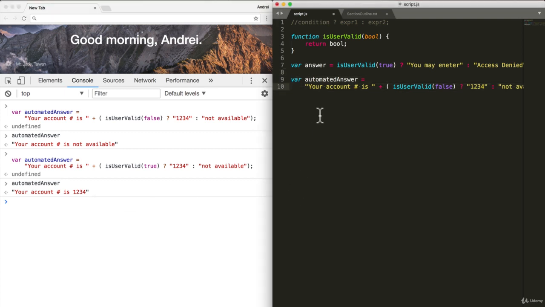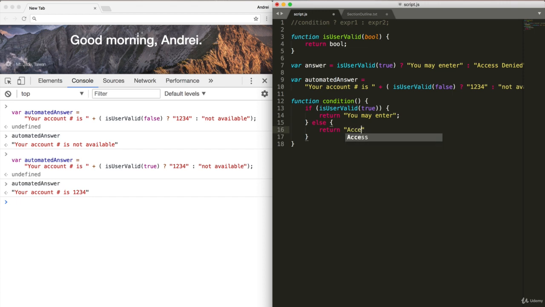Now you might notice that this is actually not that different from if you did function condition, we'll just call it condition, and we'll say if is user valid, return you may enter. And you did else, return access denied. This function over here, condition, if I say variable answer 2 equals condition,